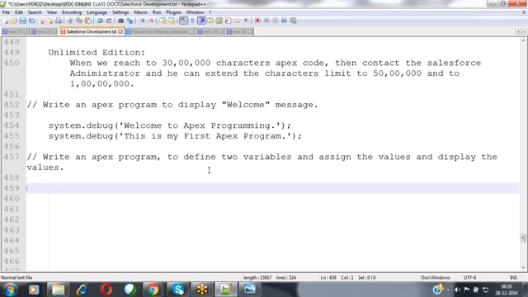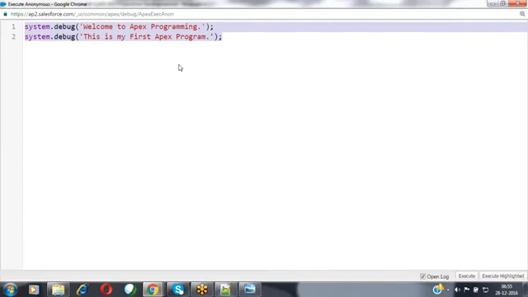Then how do you know whether it is a null value or something else? Now, let's see practically here. I want to define two variables. I want to get the value of those variables here. Then how can we get that value? We'll see practically here. Let's go to your program.